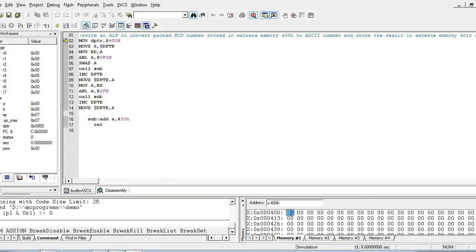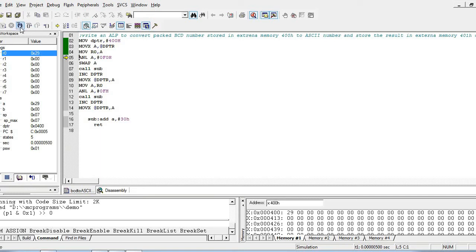Let us consider the data as 29. Now we will start executing step by step. Here you can see DPTR initially is 000H. Now this will be loaded with 400H. Next we are accessing the data from 400H into the accumulator and we got 29. Next we are moving the same data into R0 because later we need the same data.